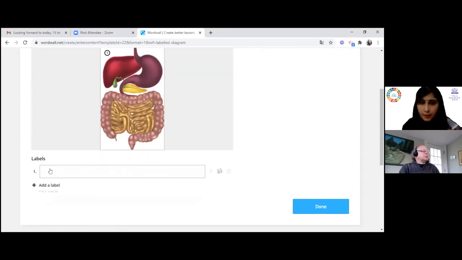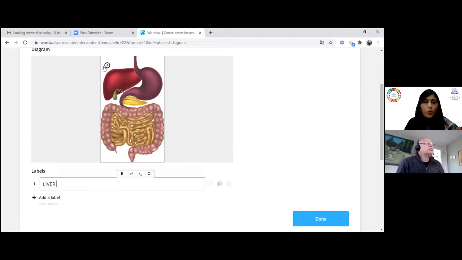First thing, I want them to label the liver. Once I write number 1, you can see there is a circle with a number. This circle is for keeping it in the right position.